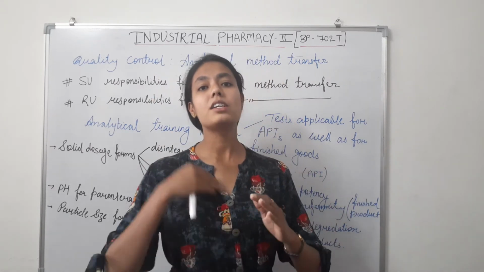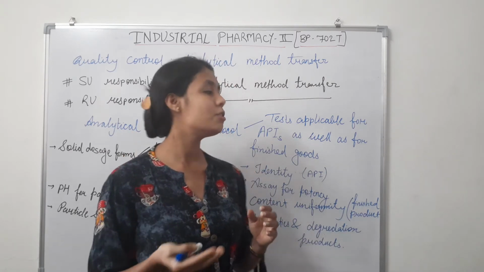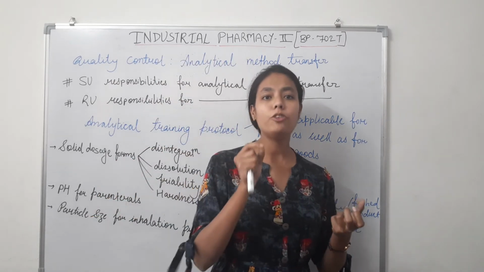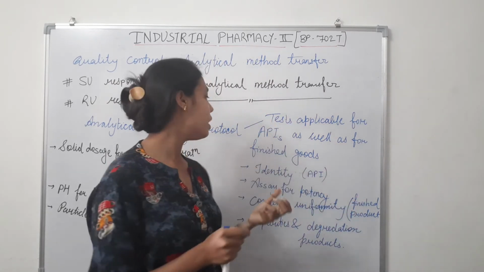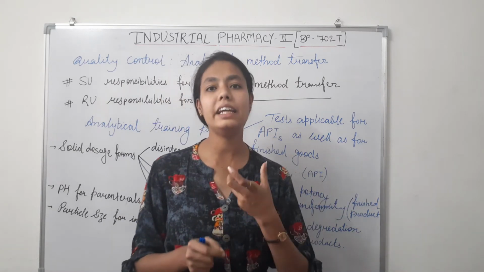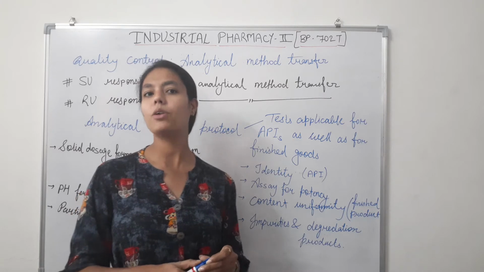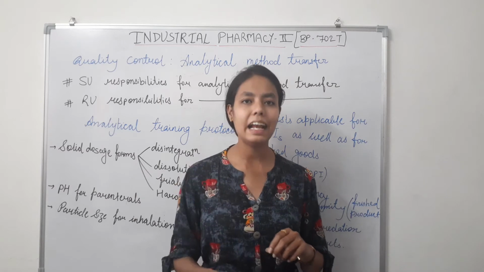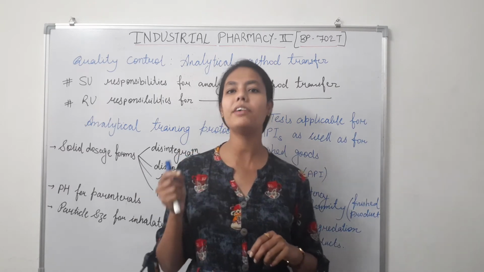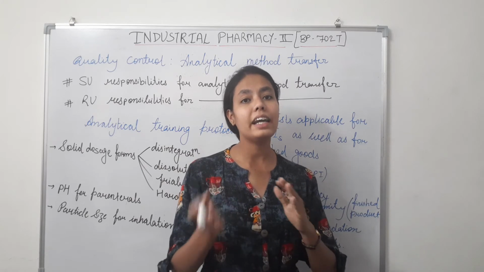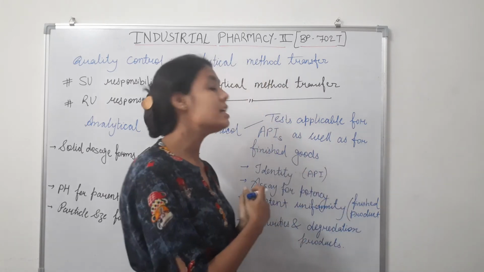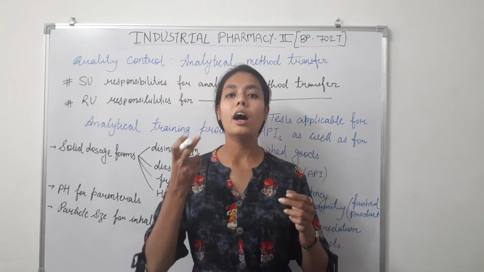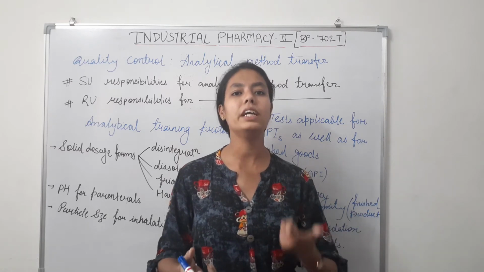That means first we have to perform analysis for the sample which is received from the sending unit. After that, we have to perform analysis for the sample which is itself produced at the receiving unit production site. Apart from that, the receiving unit analyst provides sufficient replicate analysis to enable a significance test, for example, against the established method at the sending unit site. So that means there must be a comparison between the product from the sending unit and from the receiving unit.